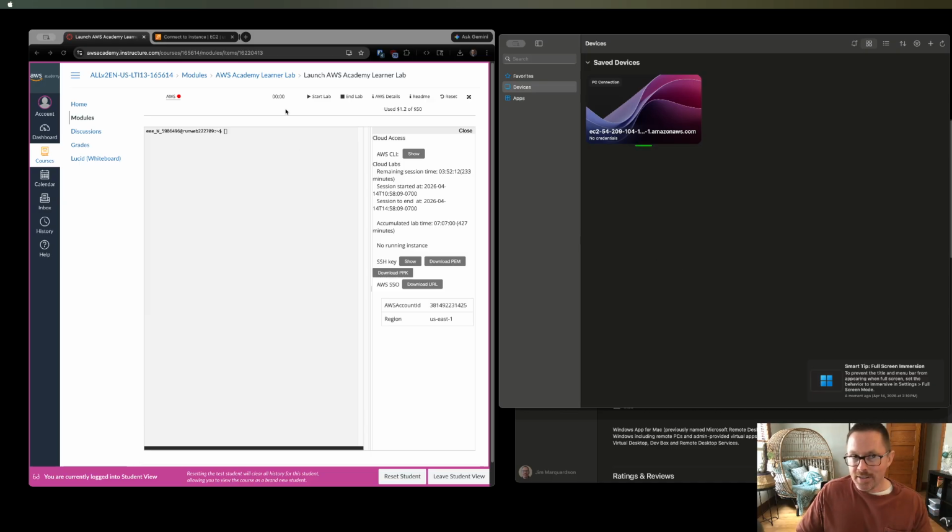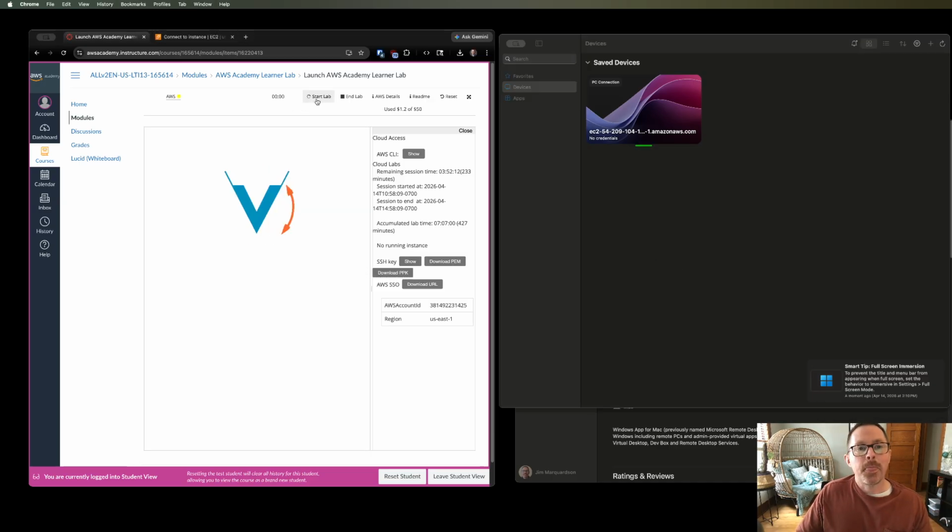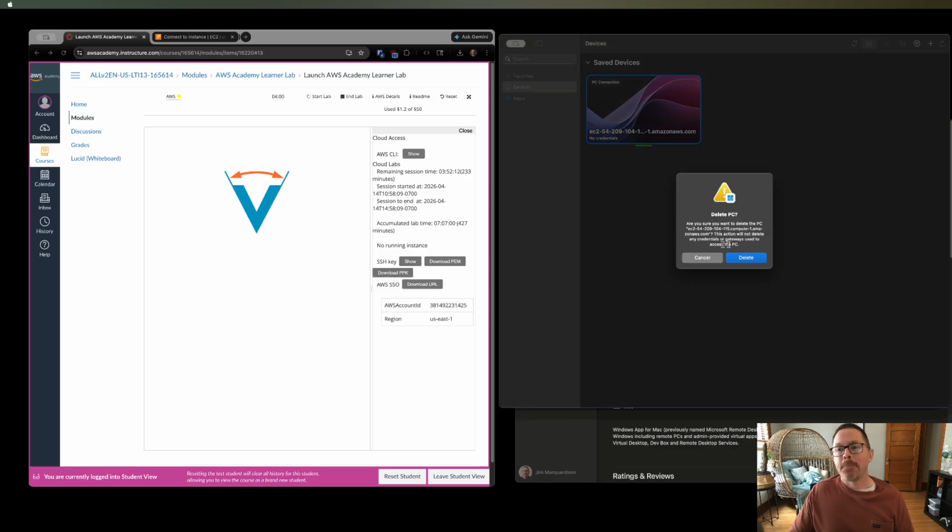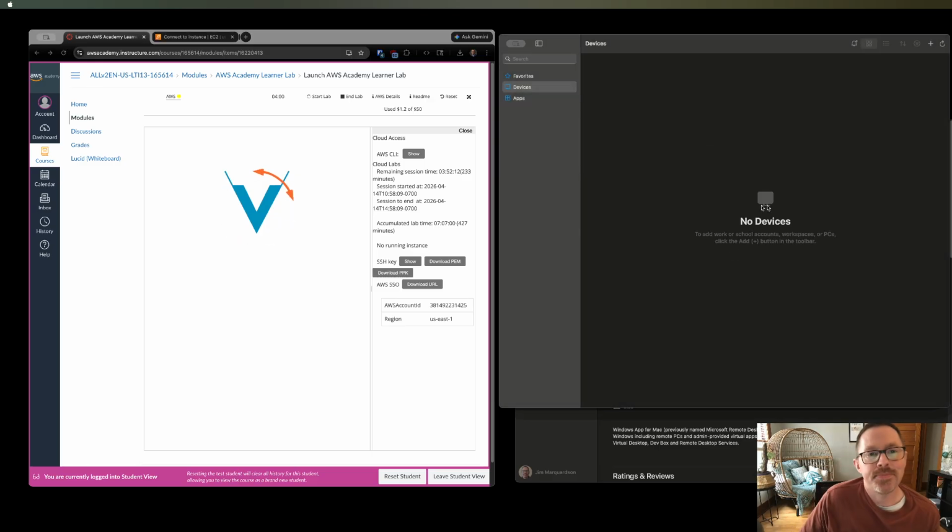Now, when I start up this lab again, this saved connection, sadly, it's not going to work anymore because the name of the machine, that IP address embedded in that name, it's going to be different every time I start up this lab. So sadly, if I want to connect to this again, easiest way is just delete it, honestly. Sure, delete it. And then when my lab starts up again,